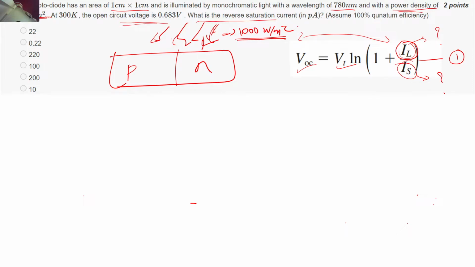Okay, I will simplify the question for you. I will just give you one hint. How many electron-hole pairs will I be getting if I am incidenting a certain number of photons on my photodiode? I will repeat it again. How many electron-hole pairs will I be getting if I am incidenting some number of photons on my photodiode? So what relates this quantity? What is the quantity that relates the number of electron-hole pairs generated and the number of photons that I'm incidenting? Is there any quantity that relates these two things?